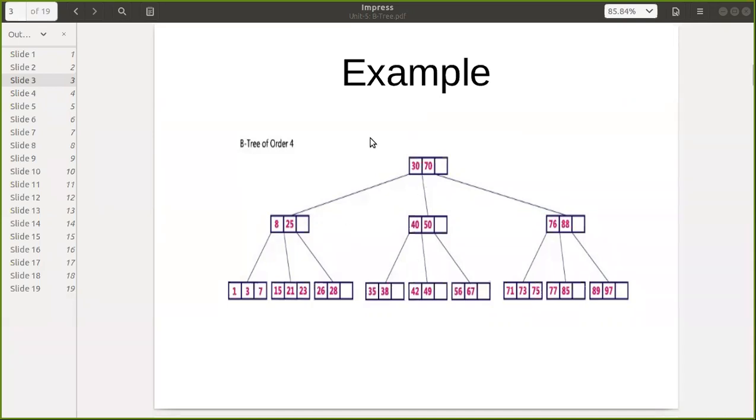Okay, this one. Whenever we have a pointer, obviously to the first key, we have the reference of the first key. Okay. So anything else regarding this one?